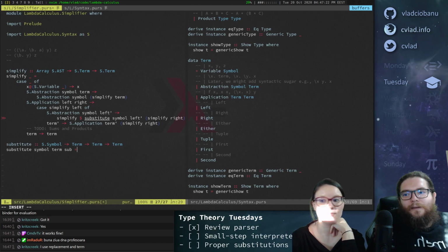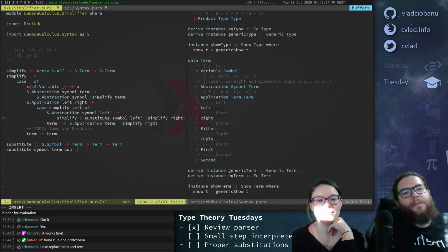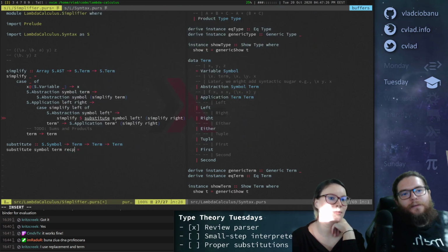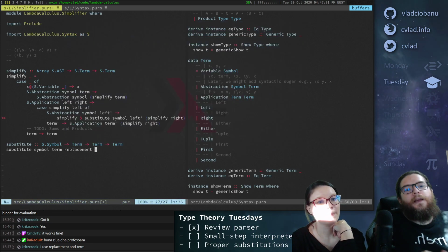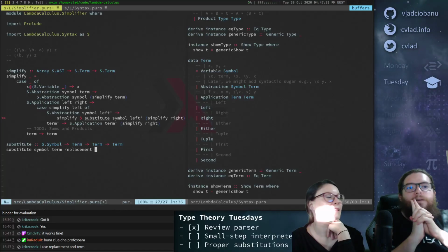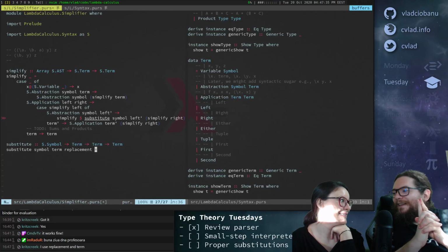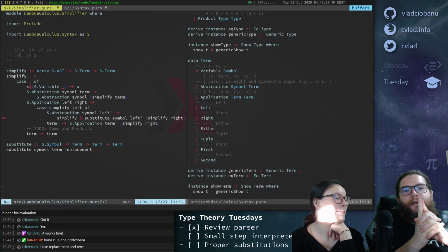Like this? No. I use replacement and term. Okay, replacement is a good one. Okay, cool. So, let's do the first version, because again, the first version is where we will not worry